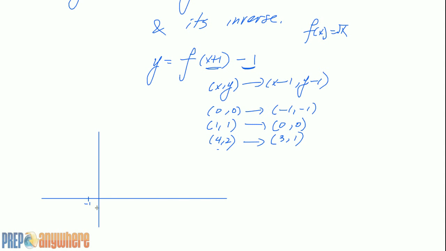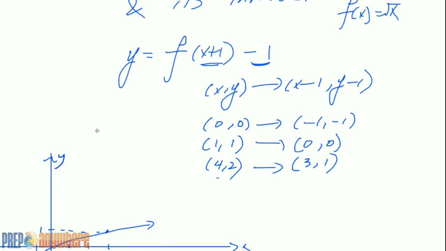Okay, so negative 1, negative 1, 0, 0, 1, 2, 3. Okay, 3 and 1. So this is my picture. You guys follow so far? Okay. Now you could